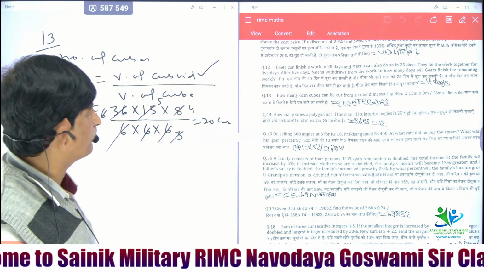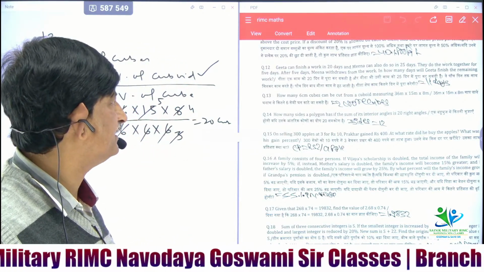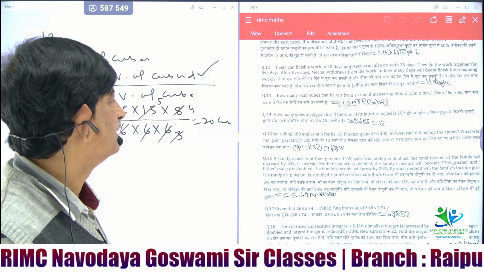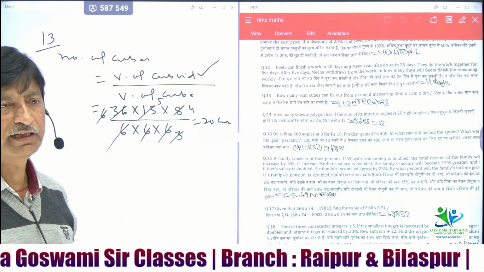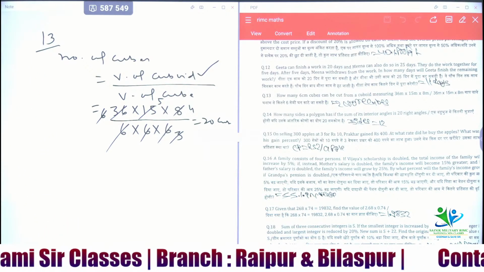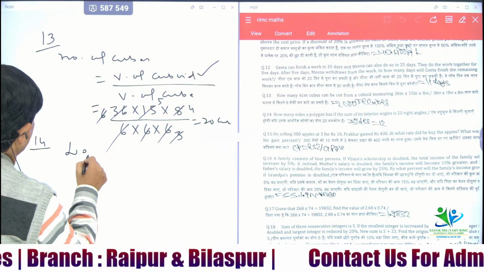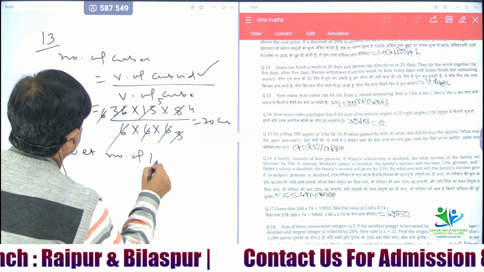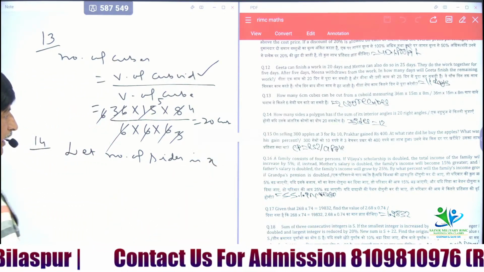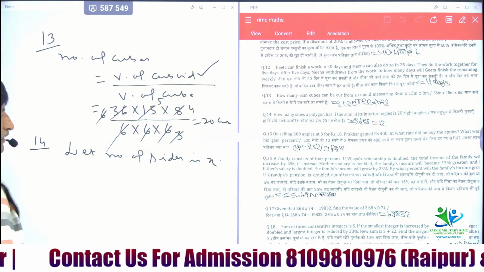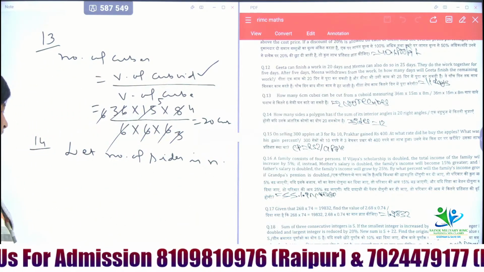Now see question number 14. How many sides does the polygon have if the sum of its interior angle is 20 right angle? Sum of interior angle, इसके लिए आपको फॉर्मूला याद होना चाहिए कि पॉलीगन के इंटीरियर एंगल्स का सम क्या होता है। हाउ मेनी साइड्स? तो let number of sides is x, and it is better to write n, number of sides is n, and there is